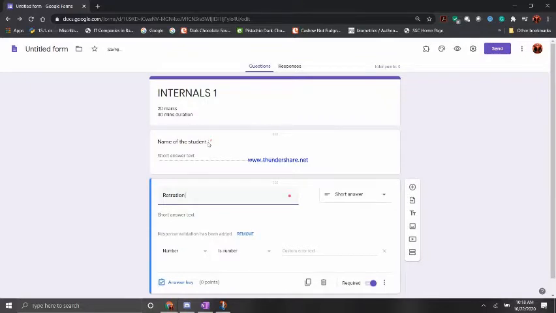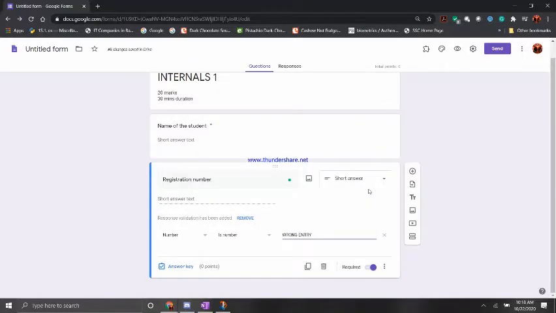And now, instead of making an entirely new field, I'm simply going to duplicate the previous field and edit the name of the student as the registration number. While we're doing the registration number field, I'm going to provide the response validation check so that the student provides the right ID. And I'm also going to provide a pop-up message that says wrong entry, just in case the child has given a wrong ID, so that the child can go back and re-enter the proper